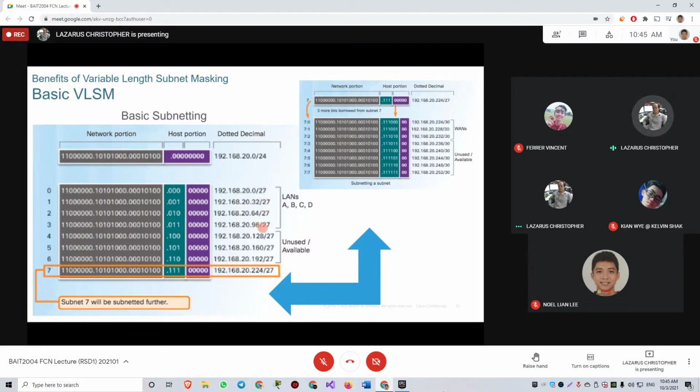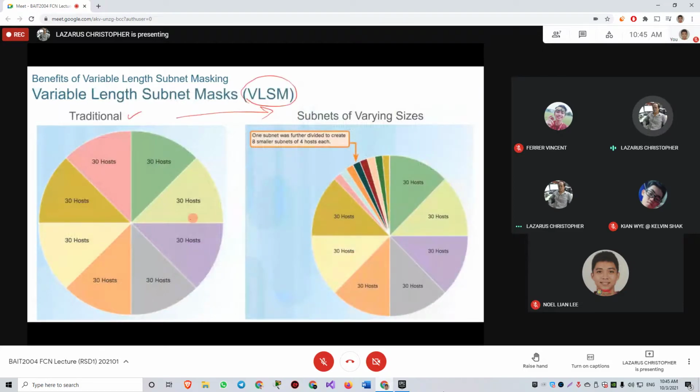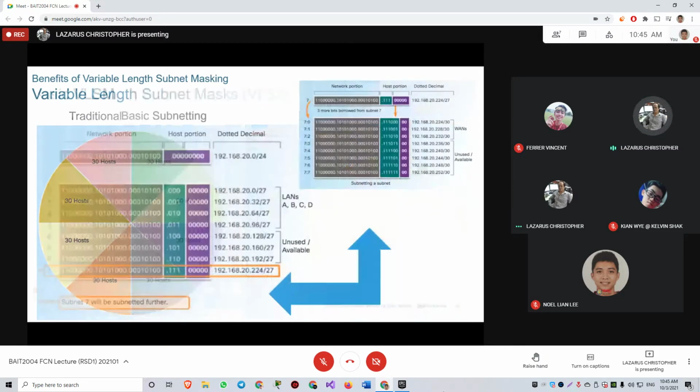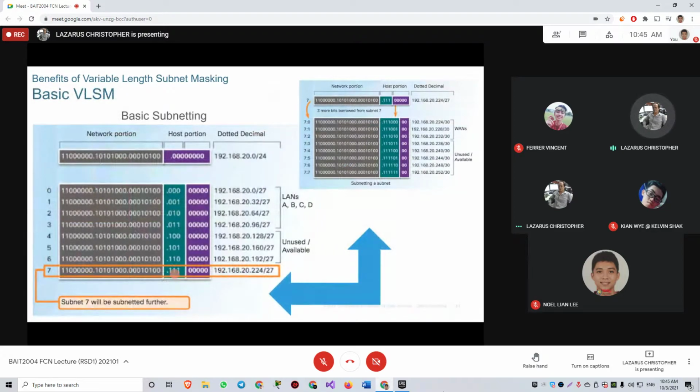Each subnet we allocate to the LANs. So first subnet to LAN A, second subnet to LAN B, C, D. Then the rest are the remaining subnets. You allocated already 1, 2, 3, 4, there are 4 more, 3 to pick from. So you pick one. In this scenario, the network administrator picks the last subnet. You can pick that one, no problem. You can pick this one, no problem. You choose to pick this one. Okay? That means you pick the last subnet and say, okay, I want to use this subnet